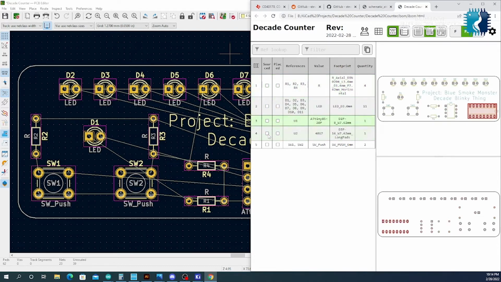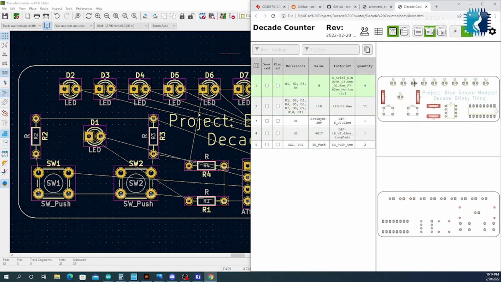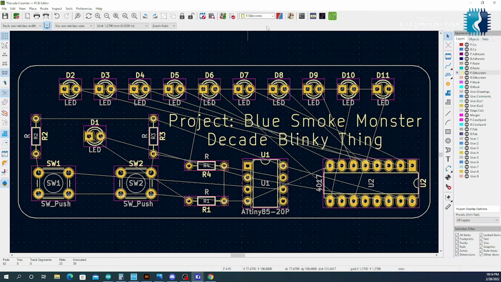LEDs, U1, U2, the push button switches. That's just sexy. So yeah, I love it. I super love it. So that works. Okay. Next. Oh, cool. Put them up here. So